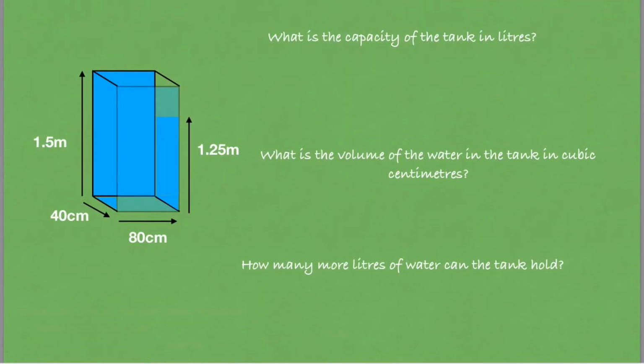In this question, a tank is given, it is filled to a certain point, which is 1.25 meter. The first part of the question asks us the capacity of the tank in liter. Then I am going to write volume of tank equals length times width times height, and the volume of tank, length of